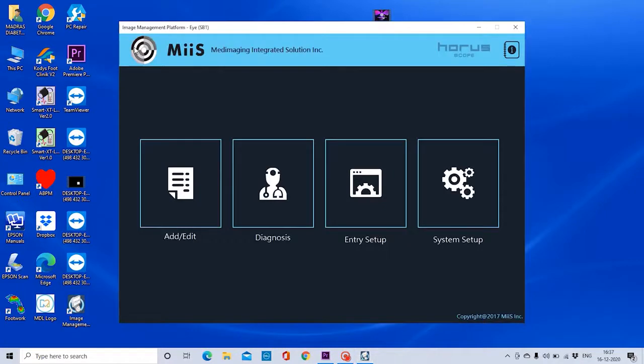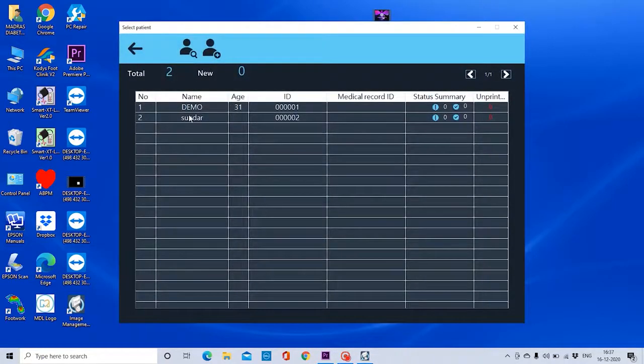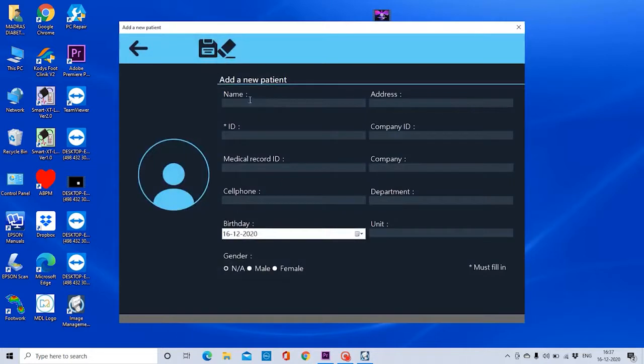Now after that, you have to click this add or edit for entering the patient details. On clicking add new patient, you have to type the name of the patient. ID is mandatory.